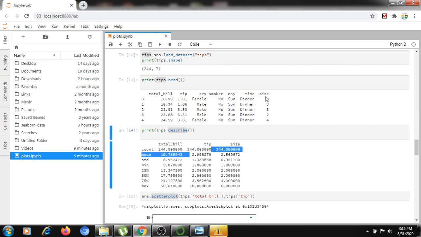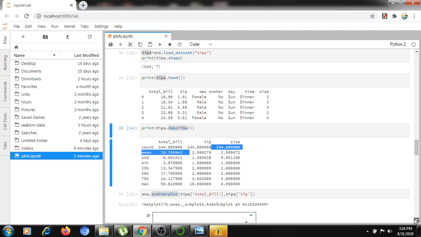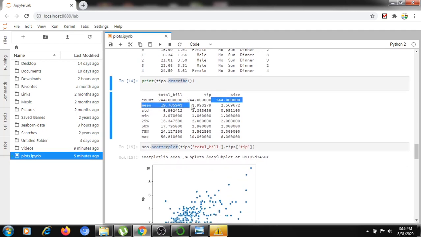It will display only the three columns here, only the descriptive values. Only total bill, tip, and size have integer or float values, so only those can have percentiles calculated. That's why the describe command calculates all the values in each numeric column and displays them here.